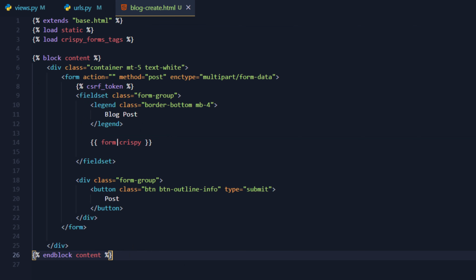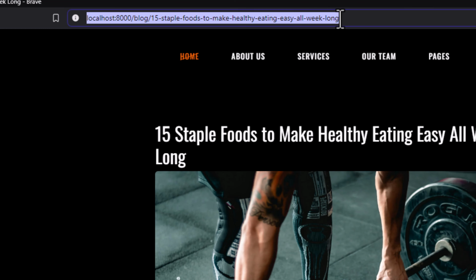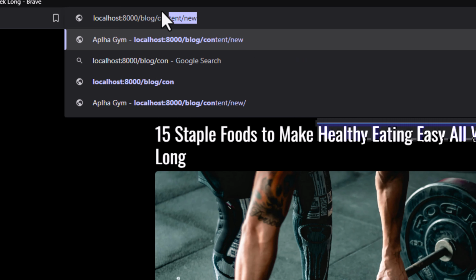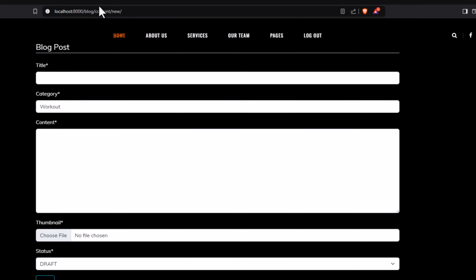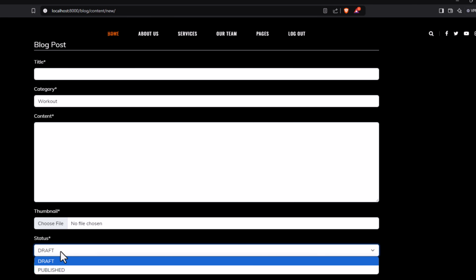So with those changes, we can see this in our front end by running the server and navigating to blog and content and new. And you'll see we get this blog post. You can input the title, it comes with the default category. We have the content, we can choose the thumbnail, and we also have the status, which can be draft or